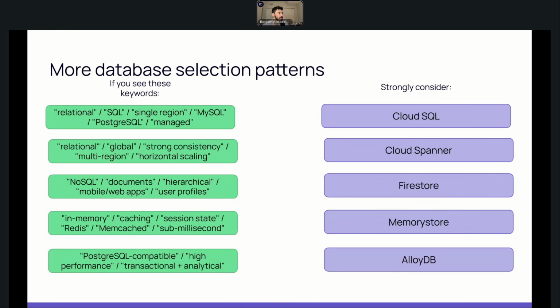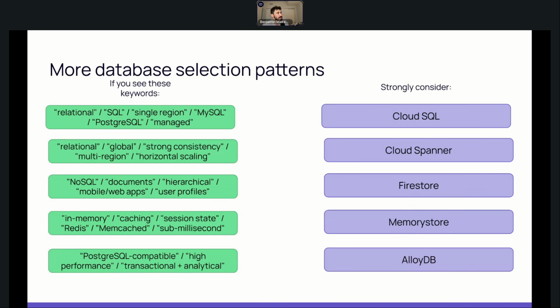And then Memorystore is another thing. So if it literally says in memory or caching or Redis or Memcached, which are the two types of databases that are available within Memorystore, or sub-millisecond reads, then you should think of Memorystore. And then we've got